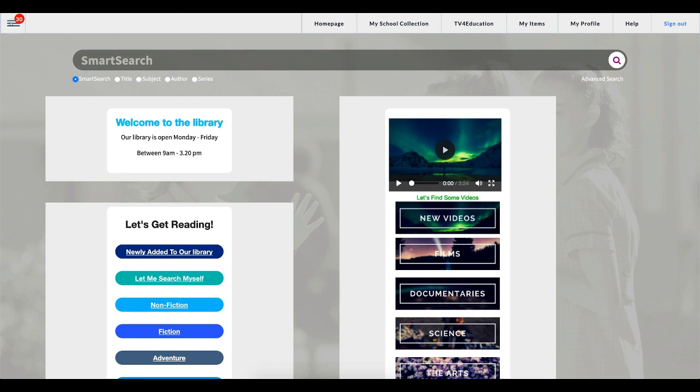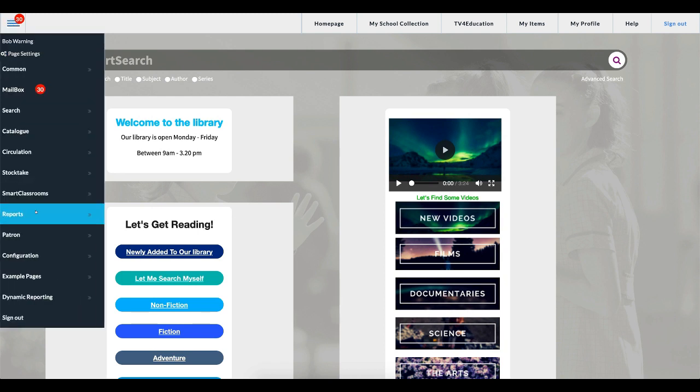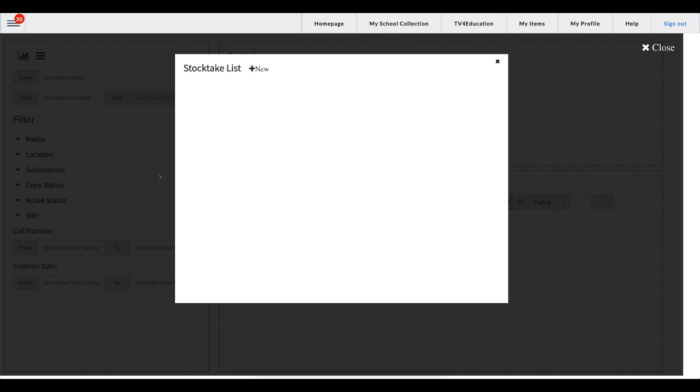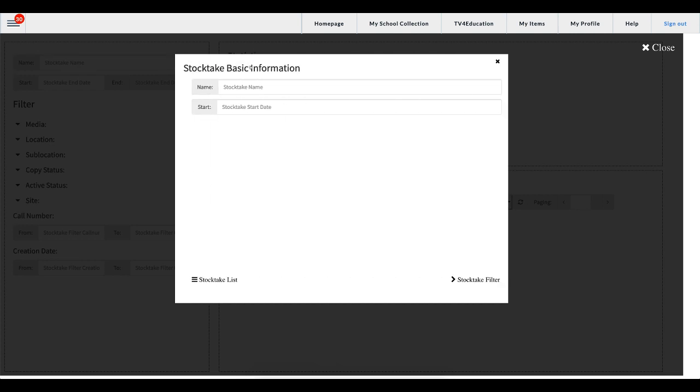From the main menu, you want to go to Stocktake, SmartStocktake. For those who haven't started a Stocktake, your page will look like my page. For those who have played around with it or created their own Stocktakes, they will be listed below here, okay, in this section. Alright, to create a new Stocktake, obviously you want to hit the new button, okay, and it'll